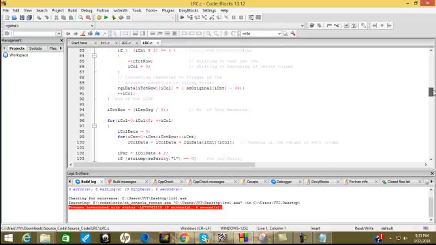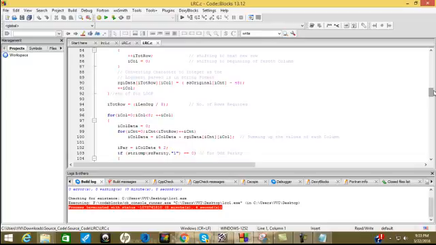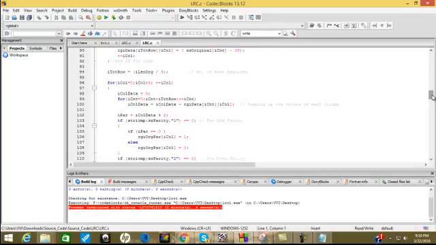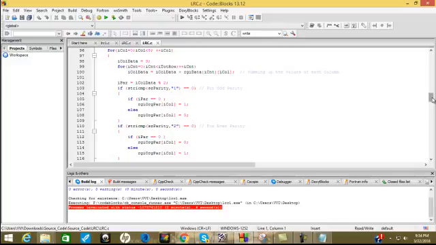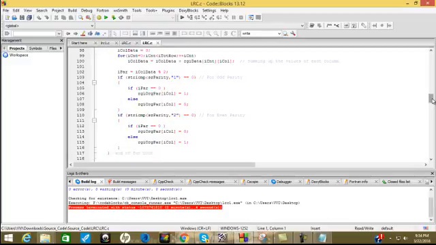The next part of the code is basically to calculate the parity of each row. The simplest way of calculating parity here is to add all the elements in the row and divide it by 2. When we divide it by 2, we see the remainder. If the remainder is 0, then parity is 0 for odd parity. When the remainder is 1, then it will be 0 for even parity. Now this is a basic case.